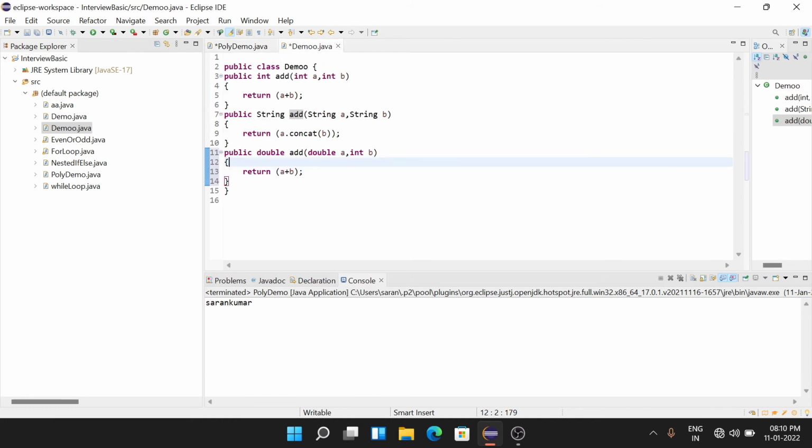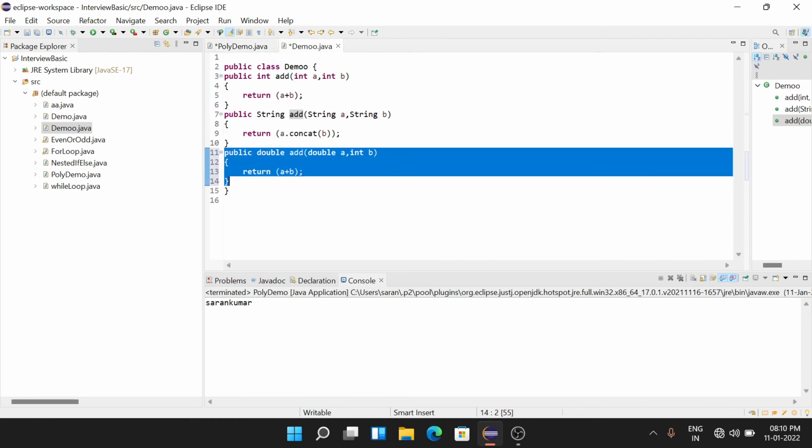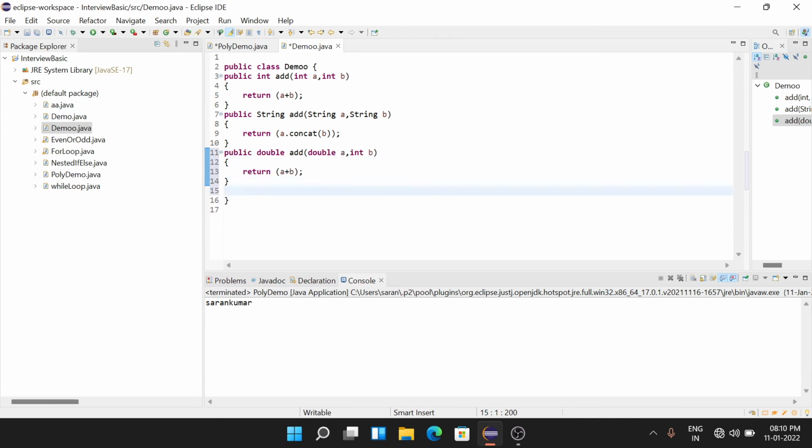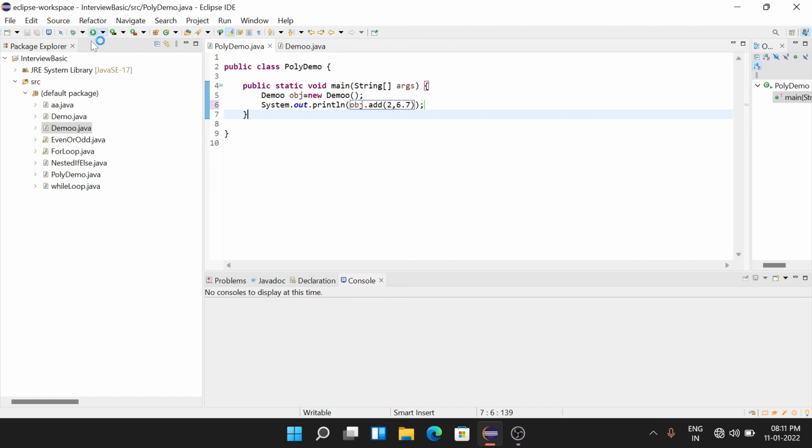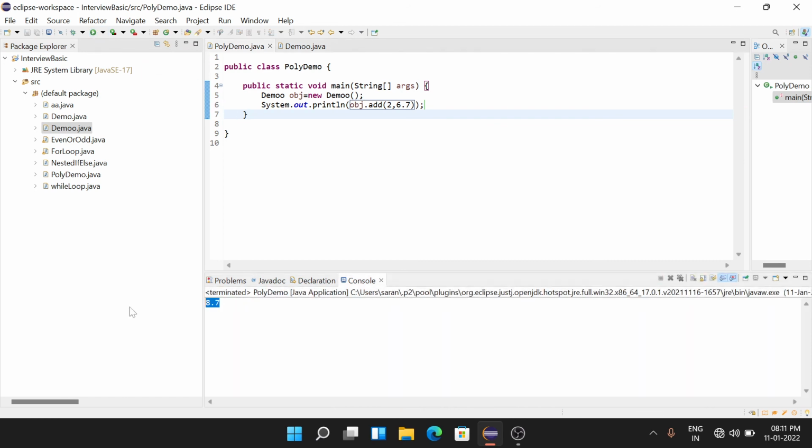If you create another method where the first parameter is integer and the second is double, then there is no error and it executes and gives the value.